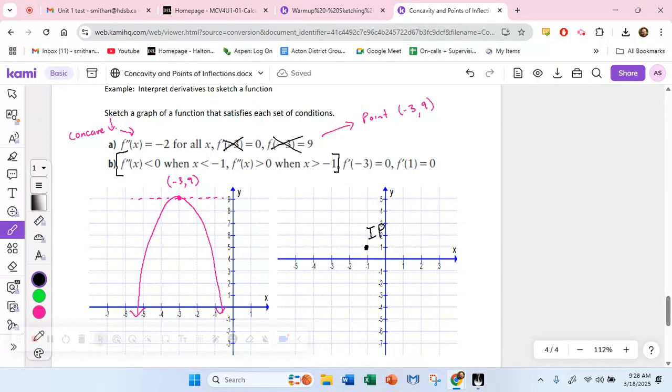And we also know it's concave down. I don't want to make this too clunky here. I might just put a down and an up. It's already looking pretty clunky. But it goes from concave down to concave up. So now, if we look at this bit of information, f'(-3) is equal to 0. Horizontal tangent line. But now, since we know the graph is concave down on this side,